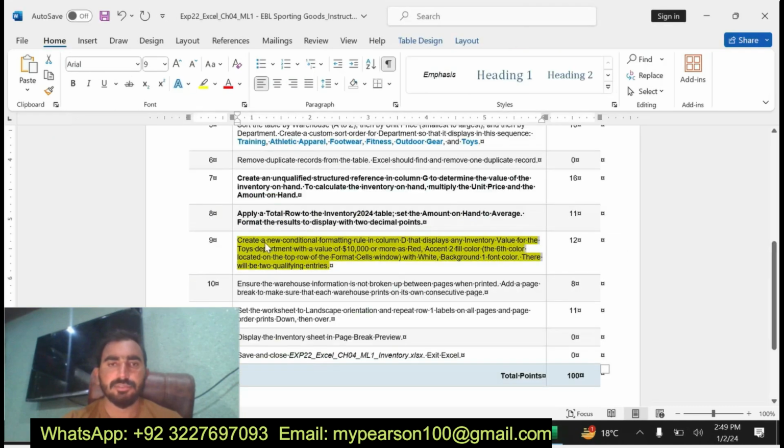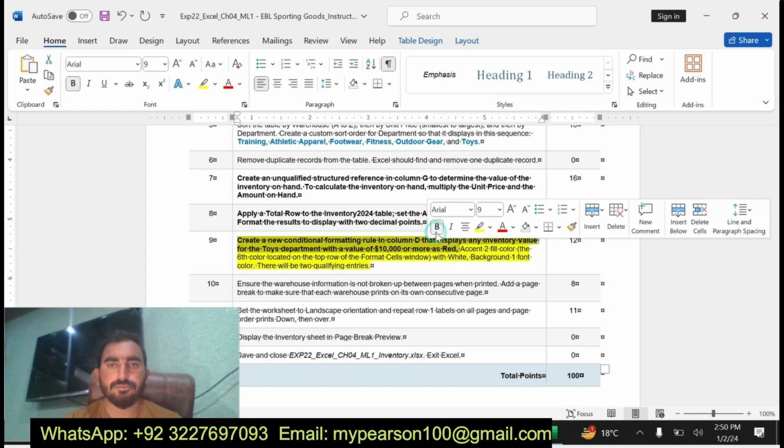Create a new conditional formatting rule in column D that displays an inventory value for the toys department with a value of 10,000 or more.